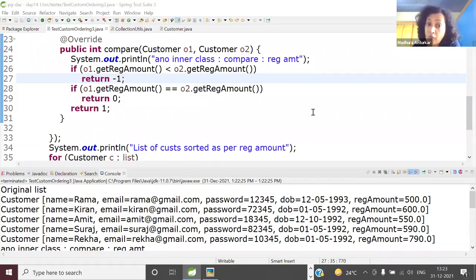And if O1's registration amount is greater than O2's, then shuffle, so pass +1. Read the notes on compare. We have already said this. Any negative number, 0, or a positive number, that way. Got it? Very good, Abhijit.